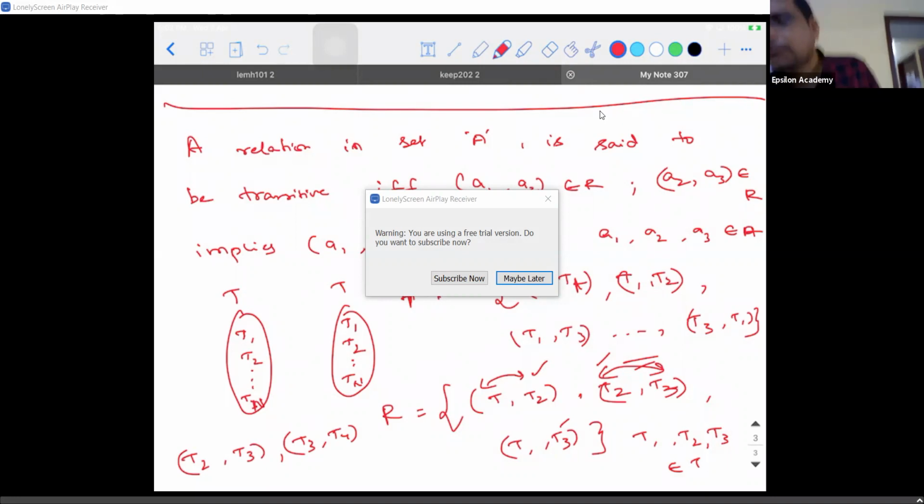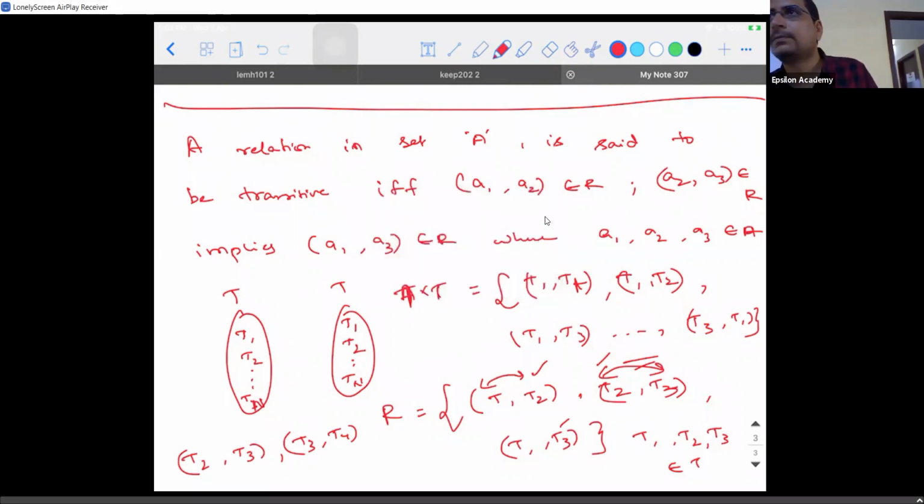See, sometimes there are 2 types of questions they will ask. One is they will ask you to prove, a safe bet. While sometimes they'll ask you to find, and you will get stuck. Find means you will have confusion. Prove means it is already decided, you know it, so you can write it. So be careful about it. I hope everybody is clear. Can I go a little fast? Yeah.